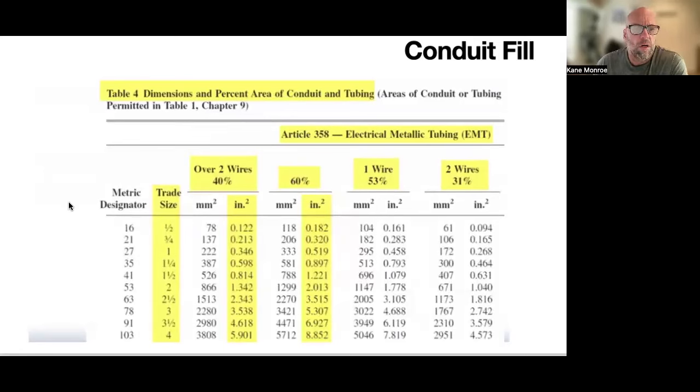First, let's go to 1 inch. And then the first one, we can go at over 2 wires. You've got a 40% fill. So 0.346 is your area, your square inches of your tubing. Now, if we go to the 60% column, we can do a 0.519 fill on that. I believe it's